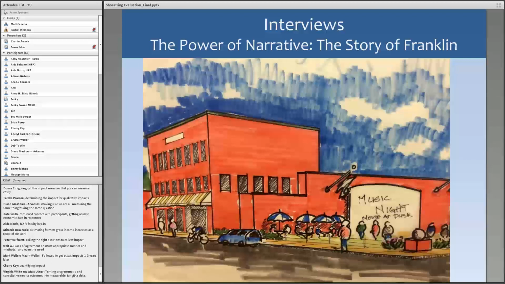And really resulted in tangible things. Another really great story from a steering committee member who actually started a coffee shop just after the Franklin for a Lifetime workshop, and she talked about how she knew that she really wanted to open this coffee shop in Franklin and have a space for community, and she just felt like the time was right after Franklin. It just opened the space for her to be able to be successful.